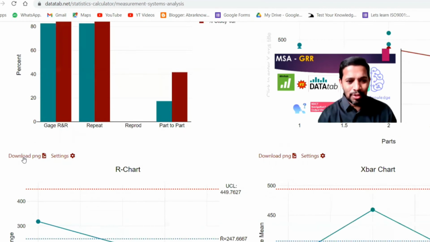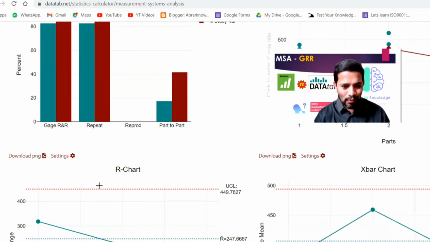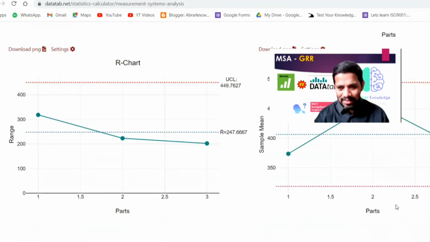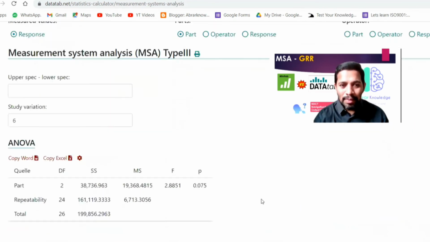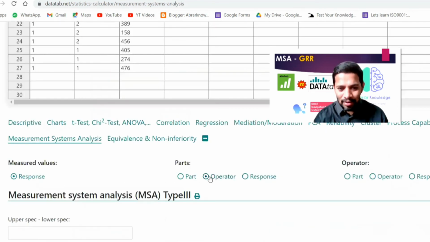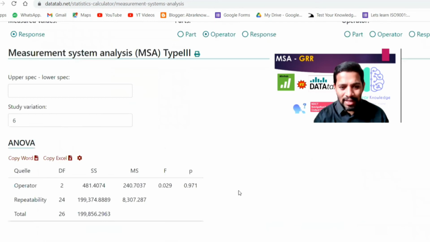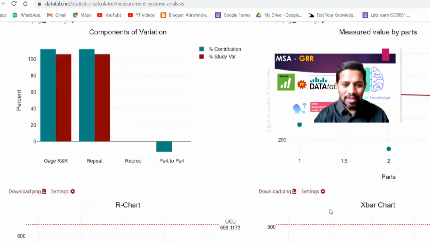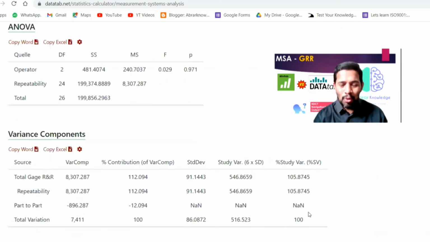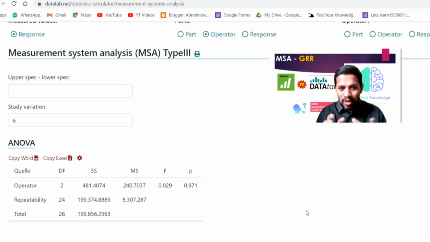There are option provisions here, even if you want to slice and dice the coloring and all that. And the range, and you have the X bar R chart. This is how you can do a similar exercise for operator as well. The moment you click it, all the values come down here, and you will be able to measure by parts also. So both tools have given the same value, NDC equal to 1, and both have done it with good efficiency.